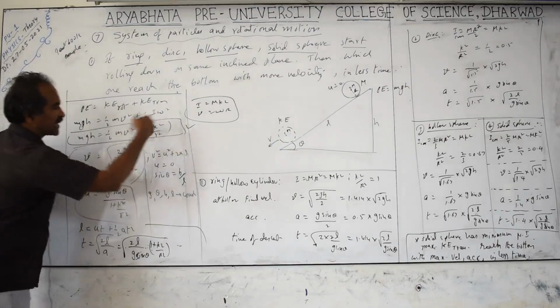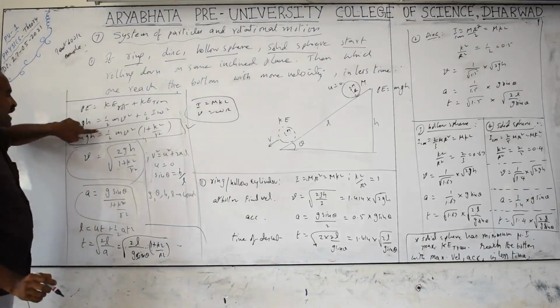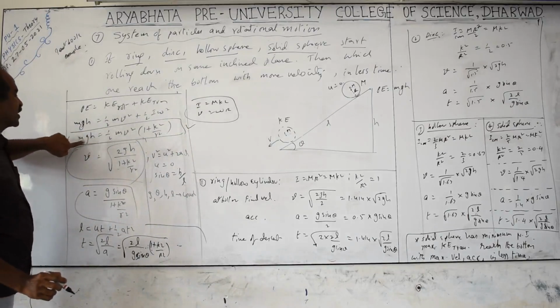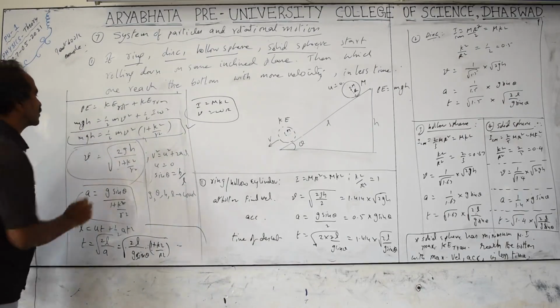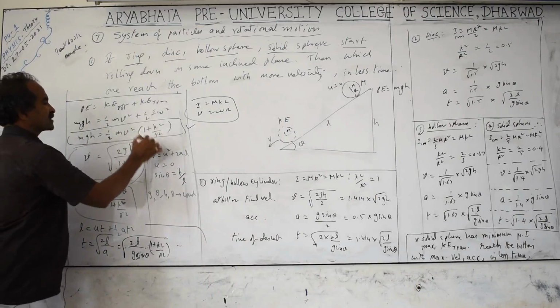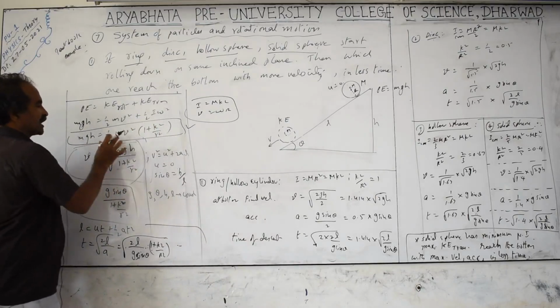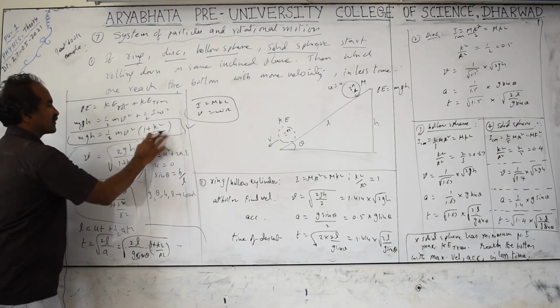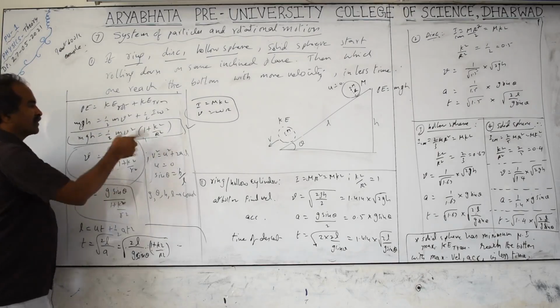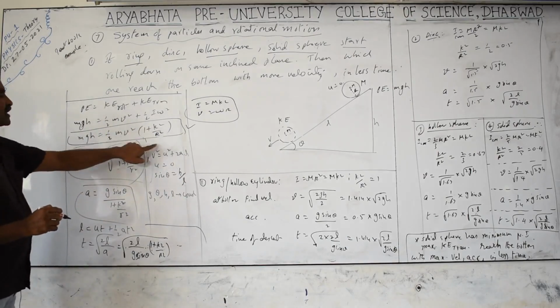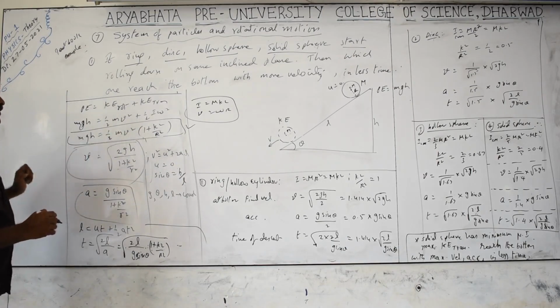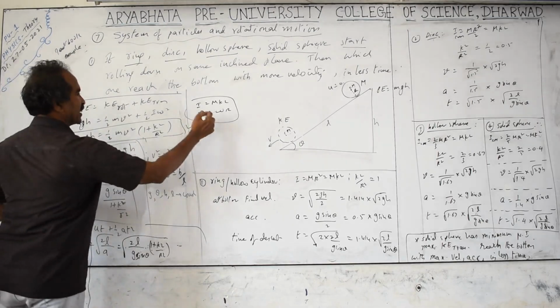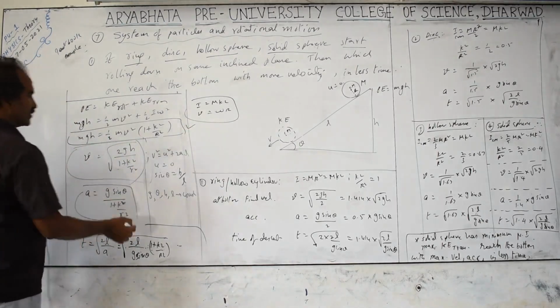This relation you need to remember directly. You have to take this step. m cancels anyway. The total potential energy in this case is equal to translational kinetic energy into 1 plus k square by r square. This you have to know. Remember, if you are converting into rotational kinetic energy, the potential energy is equal to rotational kinetic energy, half I omega square, into 1 plus r square by k square. The reverse comes if you are taking the rotational kinetic energy. 1 plus k square by r square you take for the translational kinetic energy. Capital R is taken for the radius, so the same we need to carry forward.